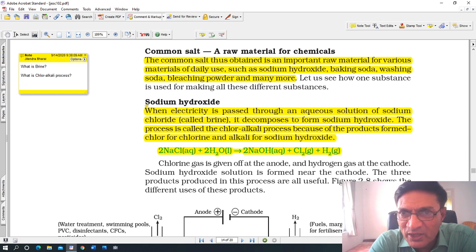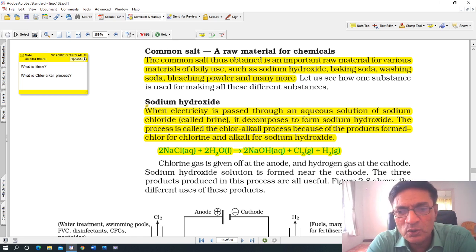Now look at the reaction there. Remember, you should not learn like for example some students would learn like this: 2NaCl plus 2H2O gives 2NaOH plus Cl2 plus H2. That is the wrong way. You see, that is not how you should learn. You should learn to balance the equation, but don't learn the numbers in front. For example, it should be sodium chloride, aqueous solution, plus water gives sodium hydroxide plus chlorine gas plus hydrogen gas. That is how you learn.